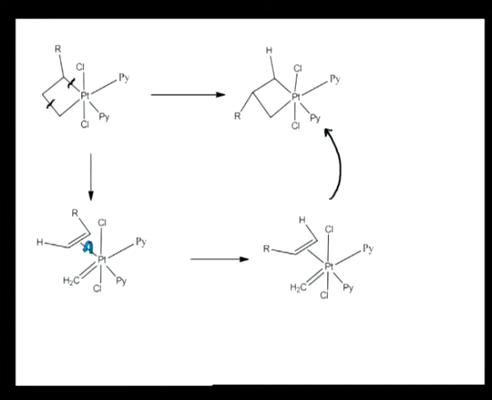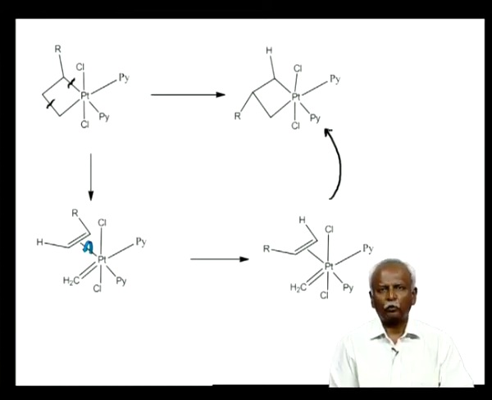Initially, it was cis to the platinum, and now it has ended up trans to the platinum, because of the way in which it rotated, the olefin rotated about the platinum olefin bond. So, this kind of observation also lends support to the fact that you can in fact form a carbene and an olefin, and this carbene olefin can,